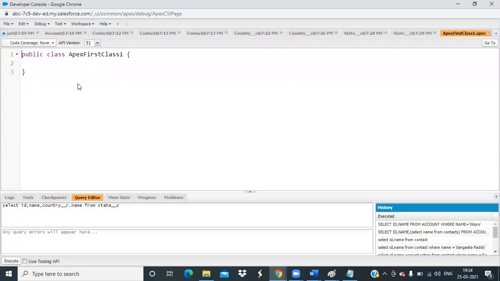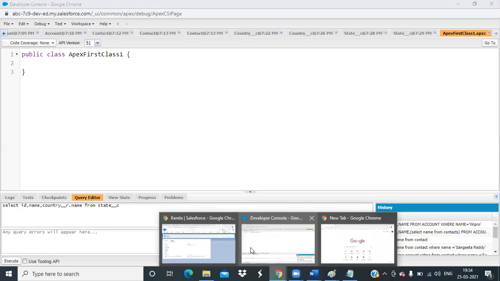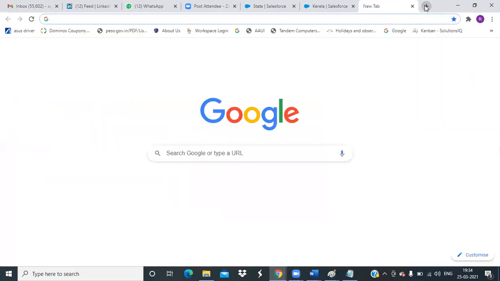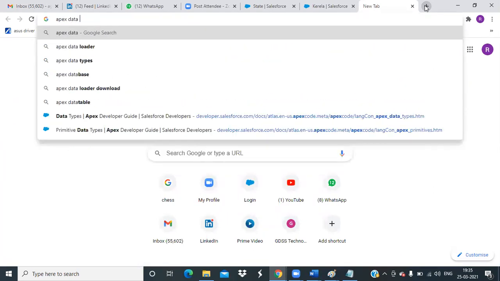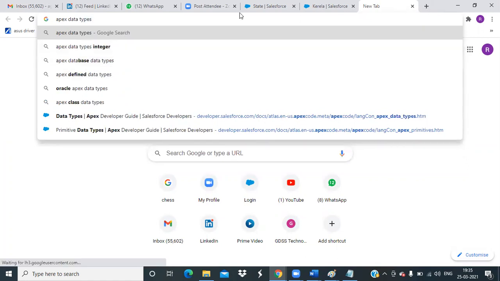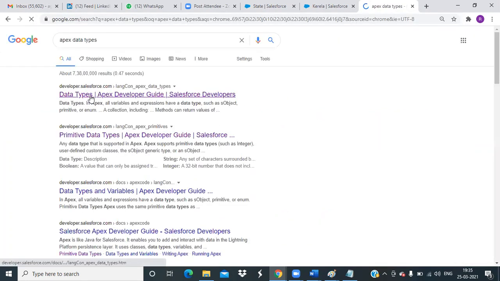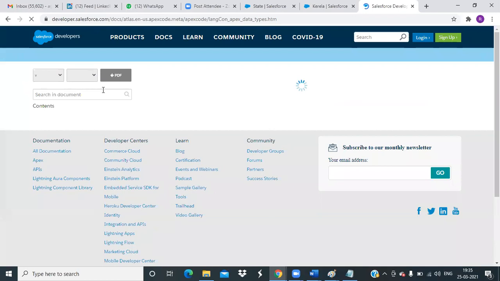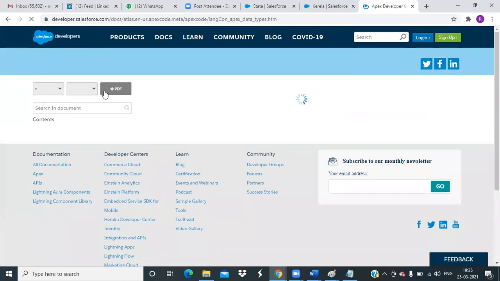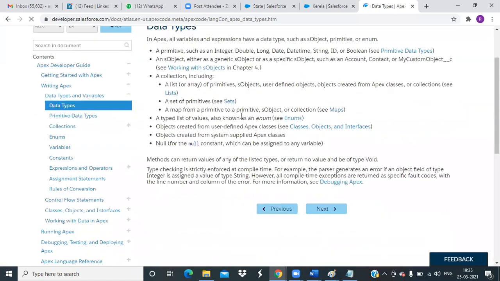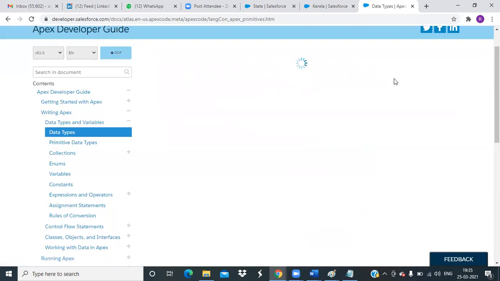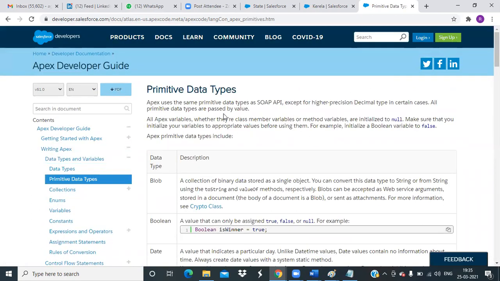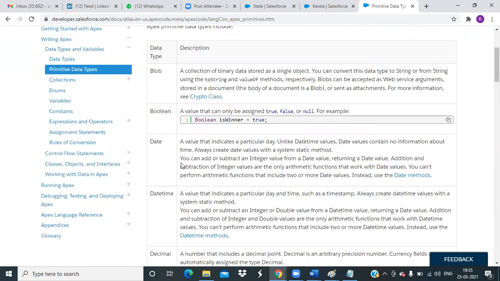Okay, fine. Before the first class, we will just see what all the data types in Salesforce are. Apex data types. So these are the Apex data types we have.